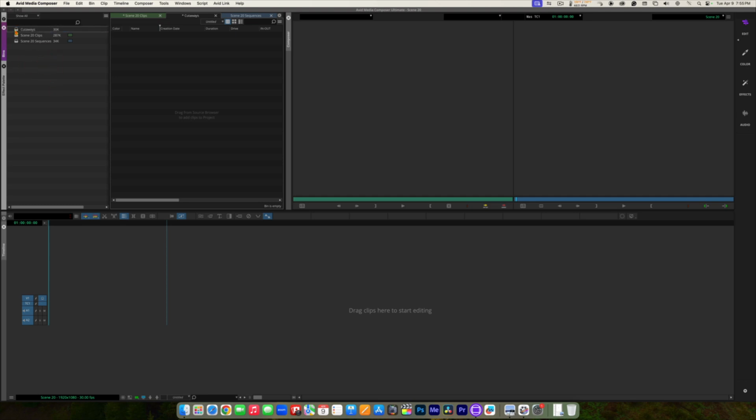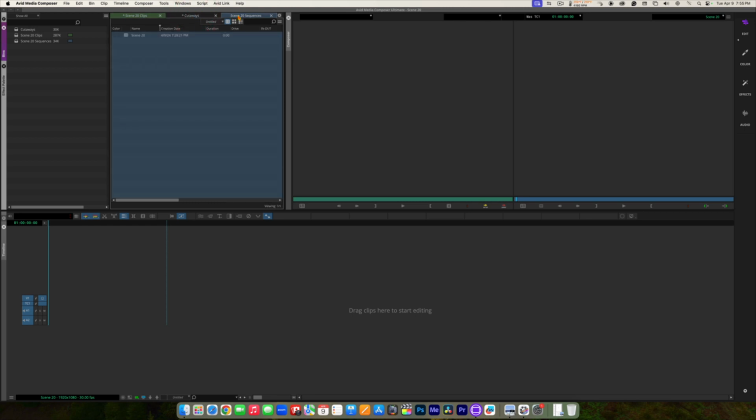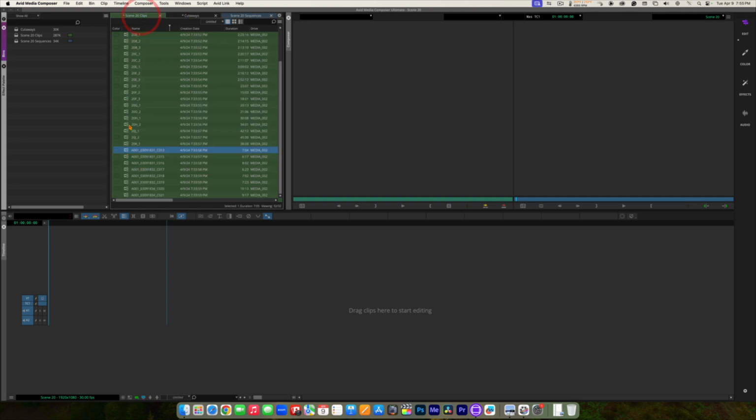Cutaways. And it opens it up over here. Now we've got an empty bin. So if we look at the top of the bin container, here's Scene 20 clips, here's Cutaways, here's our Scene 20 sequences. Okay, so we want to move these clips, all the clips that start with A001, into the Cutaways